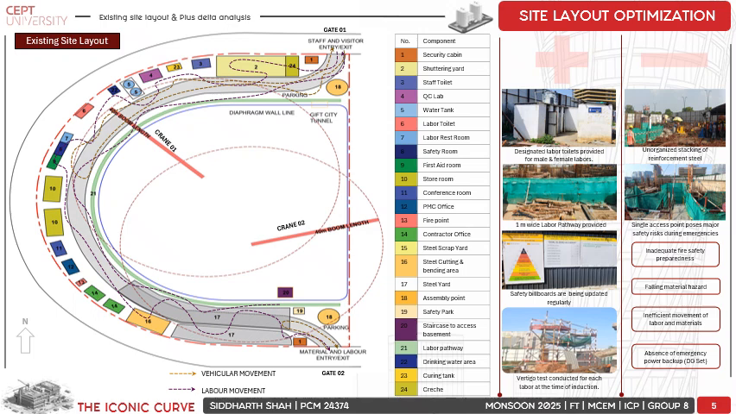So there was only a single access point to access the execution activities, due to which it poses a major safety risk during emergencies. We also found that there were limited fire safety points at the site, and in the labor pathway, which is marked with the green color in the site layout,